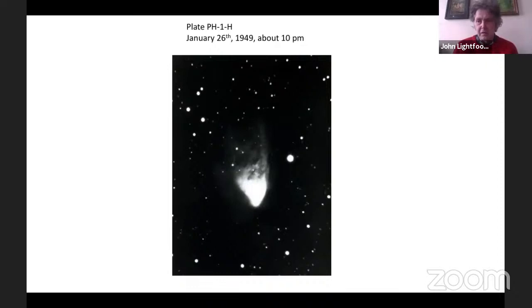And it actually marks the brief meeting, or the first meeting, of 2 giants of 20th century astronomy. And really what's happening is encoded in the code written on the plate, which is given at the top there, PH-1-H. PH means Palomar Hale, which is the name given to the 200-inch telescope. Number 1 is plate number 1, photograph number 1, and H is for Hubble, who was the observer,